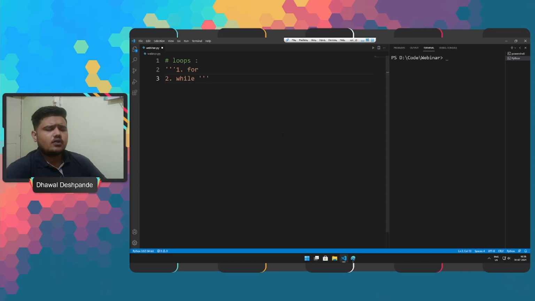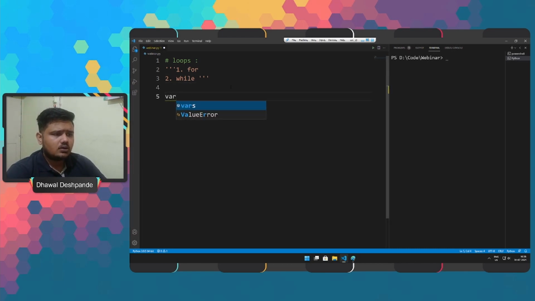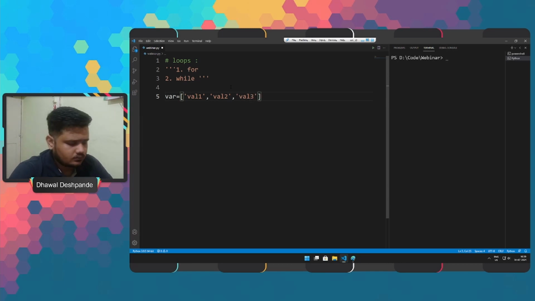So to understand for loop, let's create a list. So we got a list. Now let's say we have to print the value of this particular list one by one, or a single item at a time.